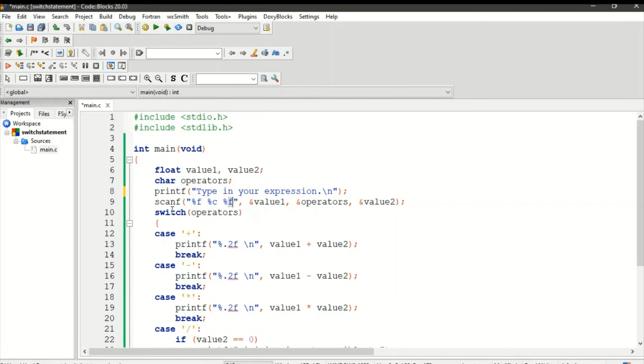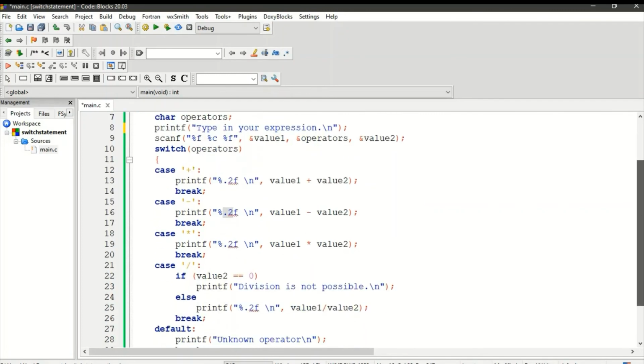So we have now the switch statement which has the expression operator. So we're going to have a look at the operators over here. We have case 1 with plus, and then the printing, then the break statement. Case 2 we have minus, and then it executes the statement. One thing to be noted is that I have written .2 which says up to 2 decimal points.